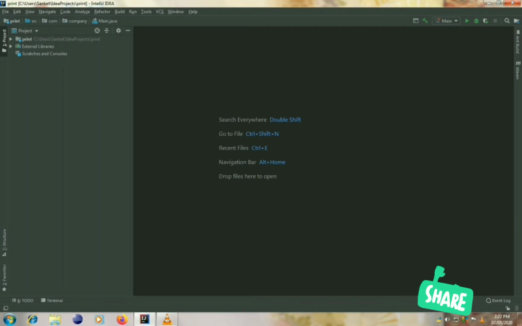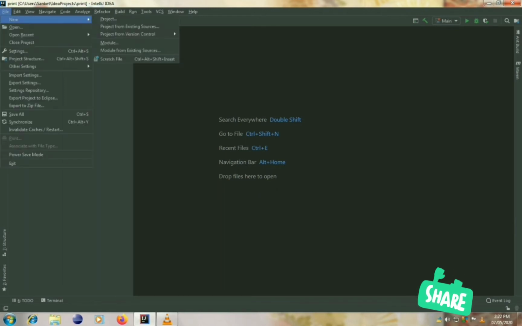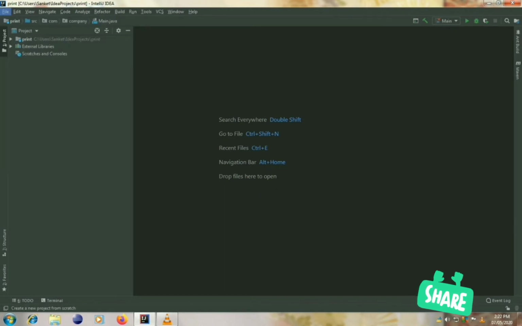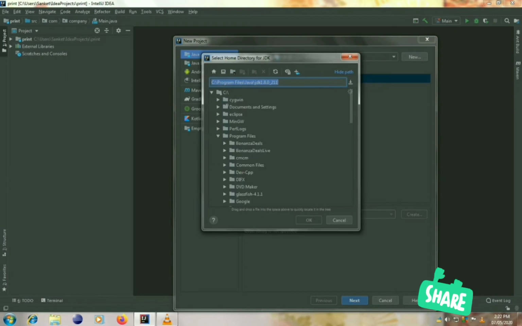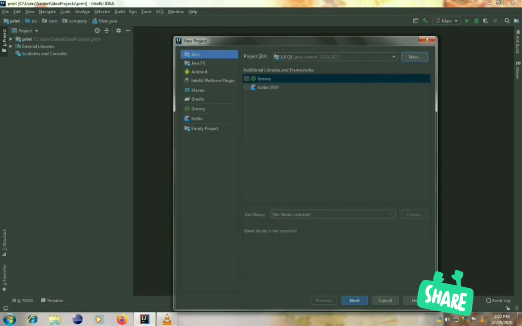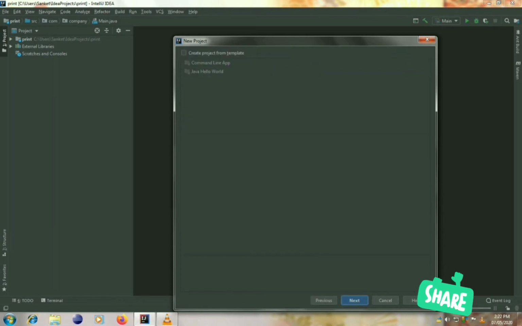First, click on File, New and Project, and then select the Java JDK development kit, and see if we installed the Java development kit. It is there, and then click on next, create new project, and click on next.